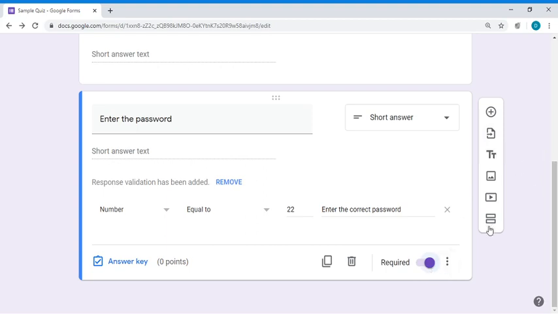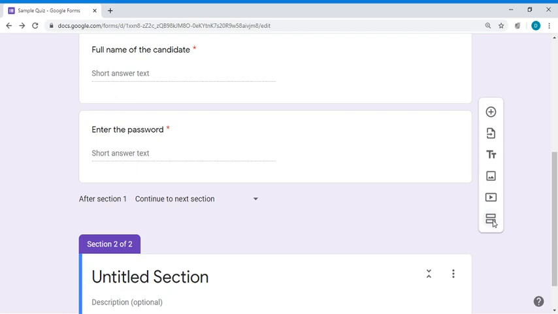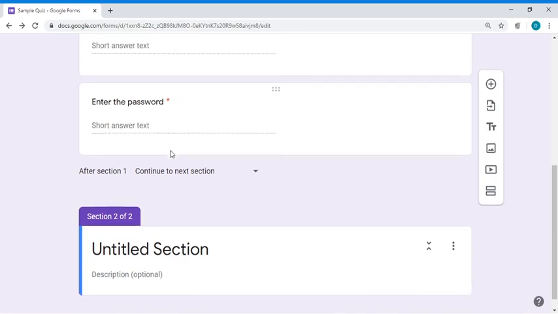For that you can select this option, that is add section. In add section you can see over here, after first section continue to next section, but to complete the first section the user should enter the correct value of the password.